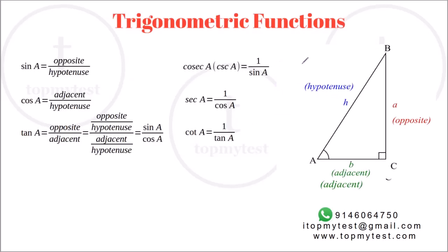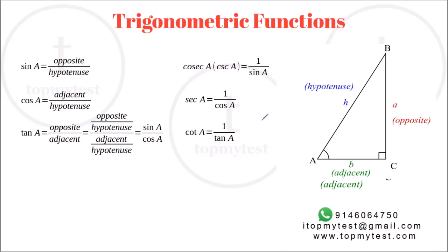Now, there are some basic trigonometric functions which you should be conversant with. Suppose you have a right angle triangle ABC, right angled at B. Sine of an angle is the opposite side to hypotenuse, so in this case it will be A by H. Cosine of an angle is adjacent by hypotenuse, so B by H, and tan is the ratio of sine to cos, or the opposite to adjacent side. Now you also have inverses of these values wherever they are defined. Cosecant is the inverse of sine, secant is the inverse of cos, and cotangent is the inverse of tan.